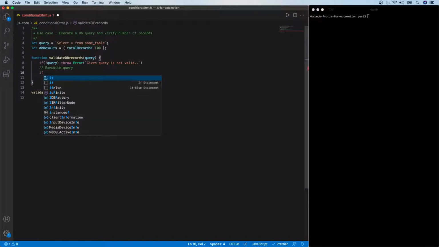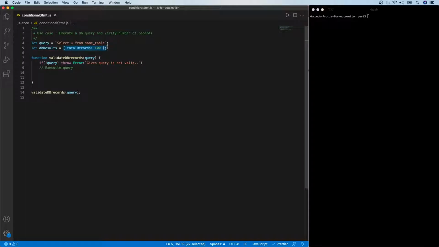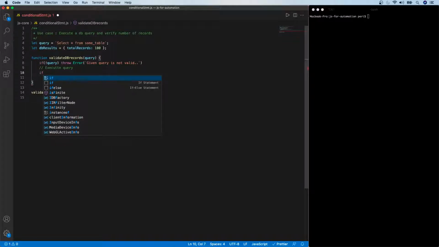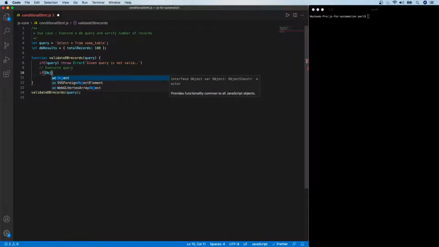So how do I then assert, how do I confirm whether I get a response or not, right? For example, if I don't get any of this, there is no object at all, which means this DB result is having an undefined value. That's when I'm going to say there is an error executing the DB query. So how do I then make use of this? Because this is an object, how do I confirm whether this object is nothing, undefined or null? So we have a way to compare this, put a condition saying that we have an Object with an uppercase O, Object.keys.